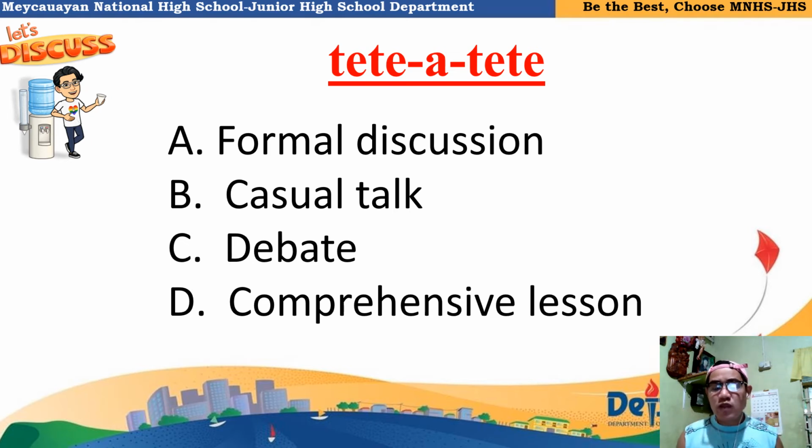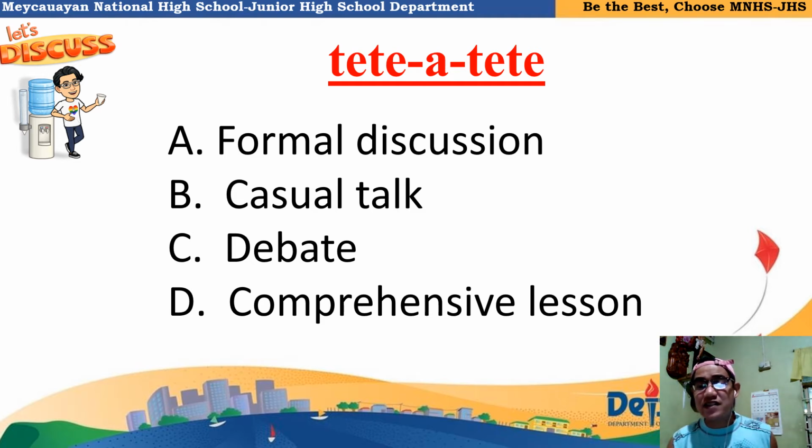Okay, so again, for Juan Carlos, having a tete-a-tete with his teacher after class was a great privilege. So Juan Carlos in the sentence is the student who would love to have a tete-a-tete with his teacher after class, and for him, he considers it a great privilege. So what do you think exactly Juan Carlos and his teacher are doing? Okay, now I'm going to give you 5 seconds. Okay, 1, 2, 3, 4,